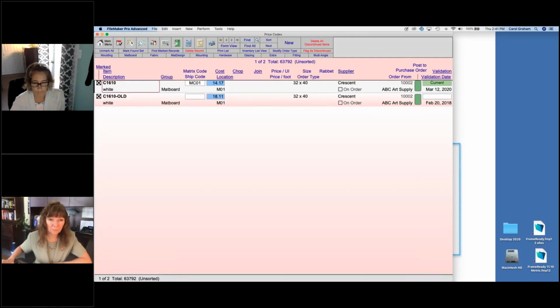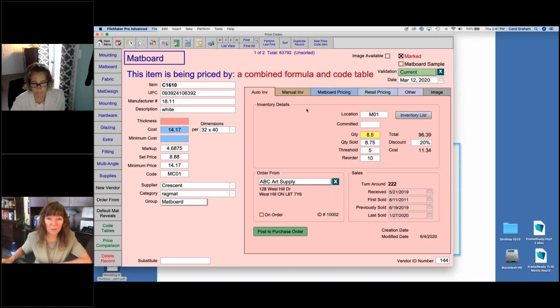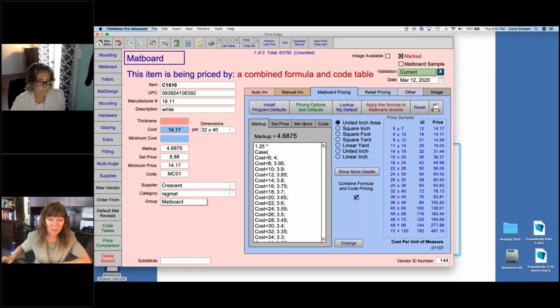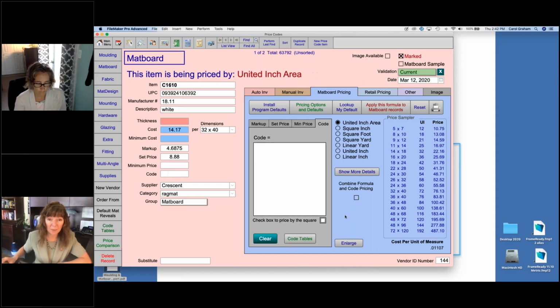So there we go. So here's our mat board that we're looking at. We're clicking on the dark blue tab for mat board pricing. We're going to click on the minimum price here. All right, and this one just says cost right now, but I'm going to take that out, and I'm also going to take out the code table. All right, so that we can see over on the right-hand side,